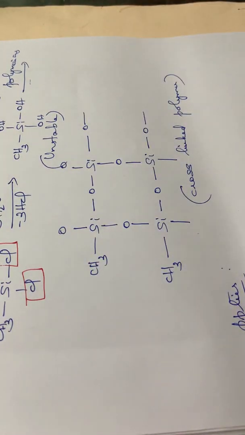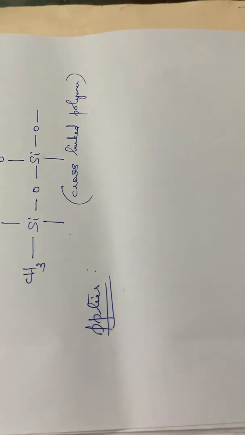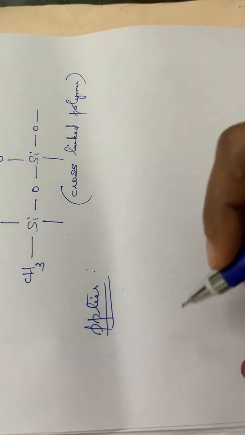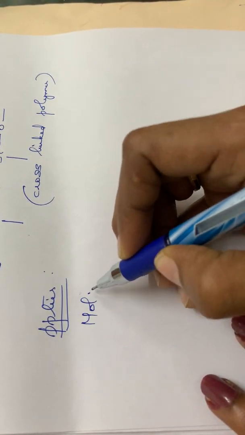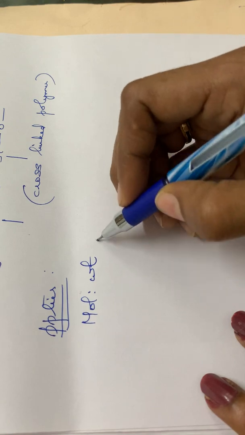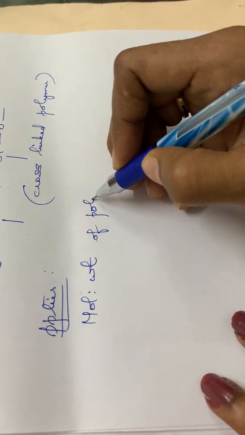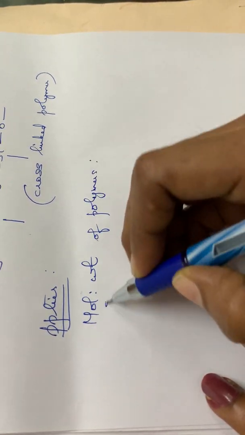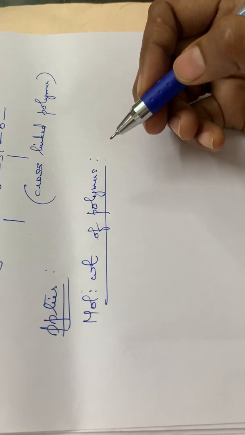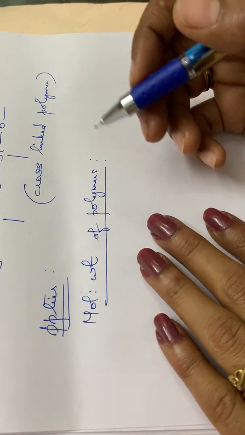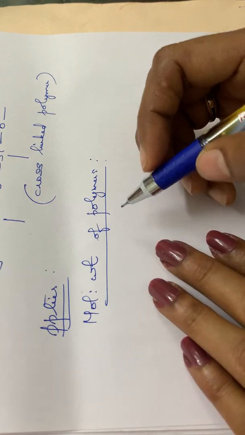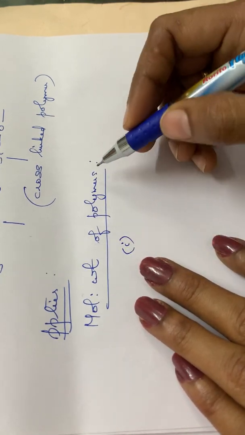Next we can go through the molecular weight of the polymers. I think that topic you might have studied, isn't it? I will be just mentioning since it is in the syllabus. You might have studied in another organic portion, I think. Regarding molecular weight of the polymers. See, this molecular weight of a polymer is usually expressed in 2 different ways.